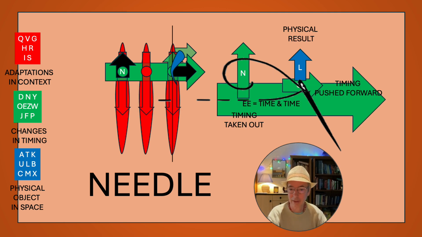So it's not just the needle as a pointy object. No, the essence of the needle is not being a pointy object like a nail. But here's this D, this push, and the A, the timing, so that you will also have a timing that can be taken out as an idea that we can use, where we push our wire to it and make a form visible with physical results,